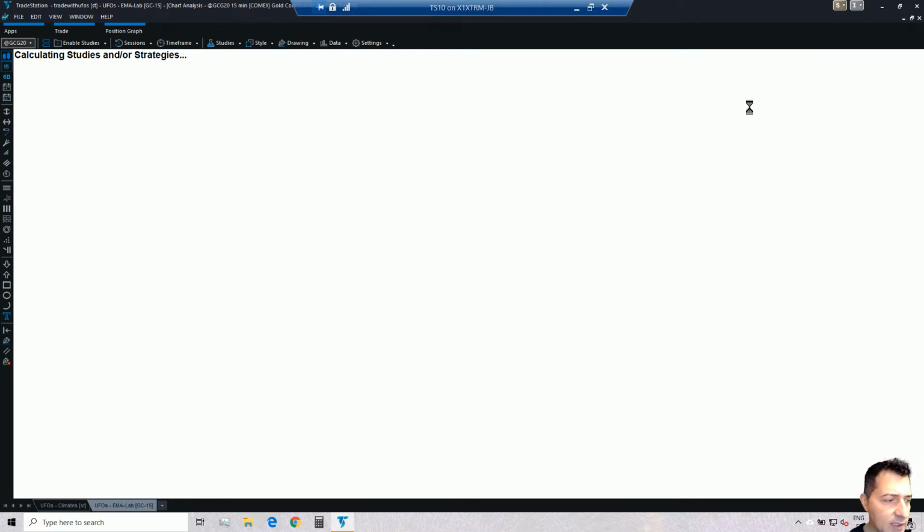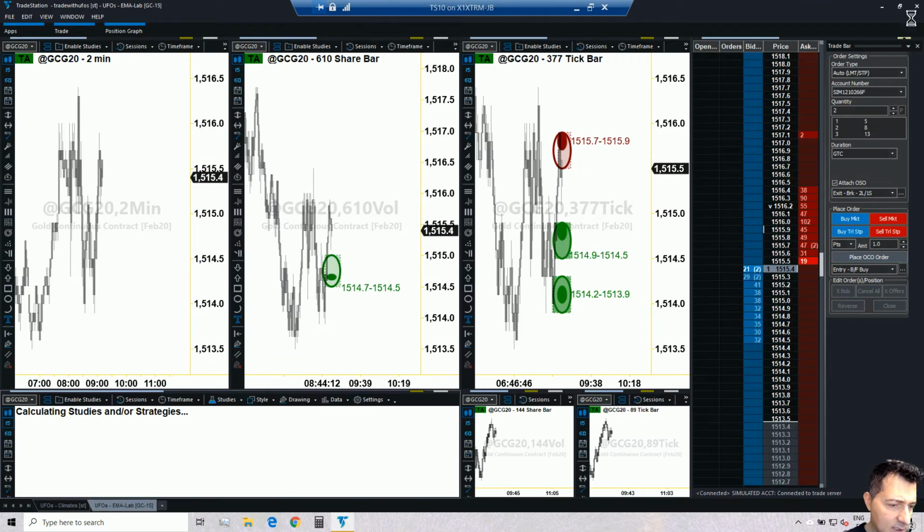And it's going to take a little bit of time for TradeStation to process all of this. Not only is TradeStation processing everything related to on-field orders, also the climate. I could have disabled the climate to alleviate this process a little bit. Okay, so we just need to be patient here. Gold is still there in that place. So we're just gonna have to wait a little more until we get there. Okay, calculating studies and/or strategies.